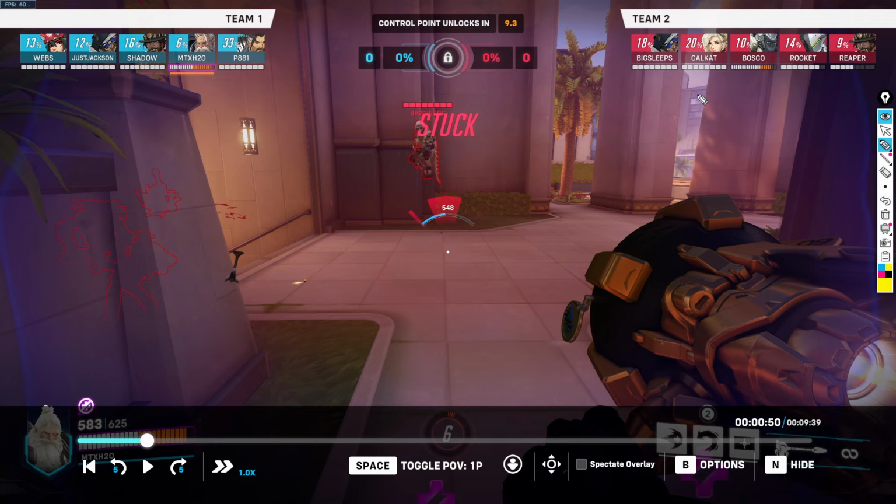Yeah, important stuff. So that can be Ana's nade, sleep dart, but also Cassidy's grenade. Yeah, that's enough. In reality, you don't need to block anything else here as well. This is the most important. The Ana is definitely the most important, but also this is fine. And then what you need to be doing is just be